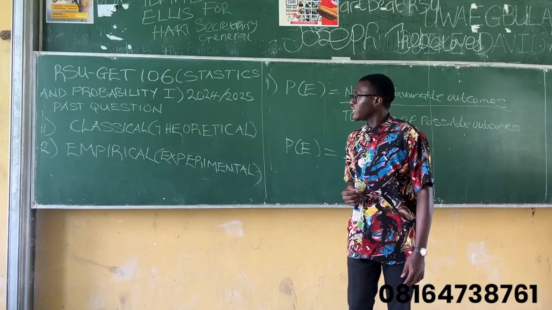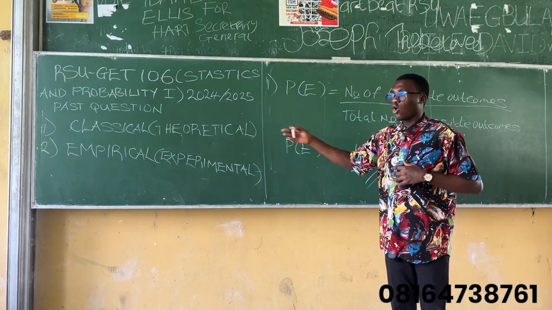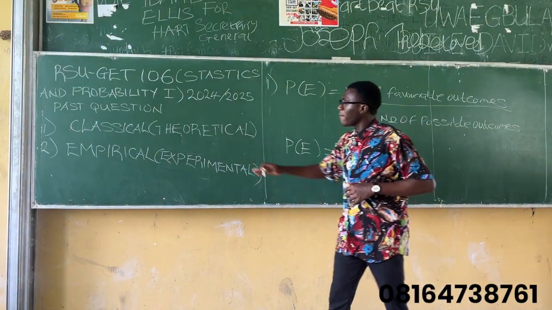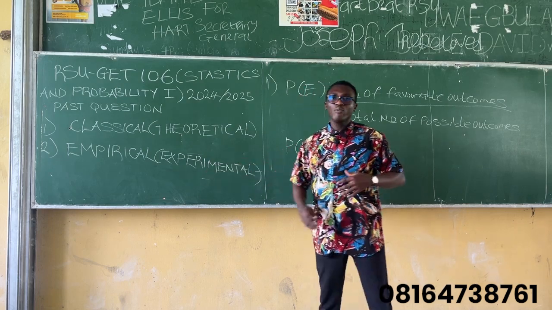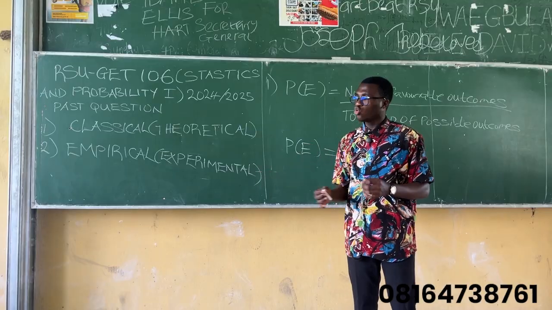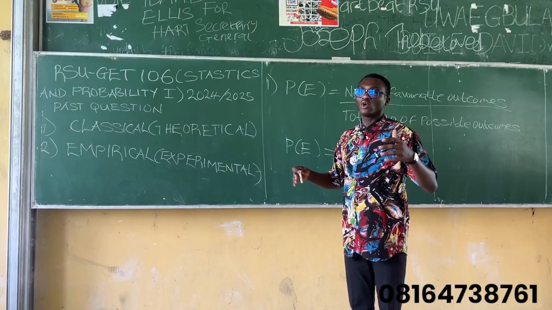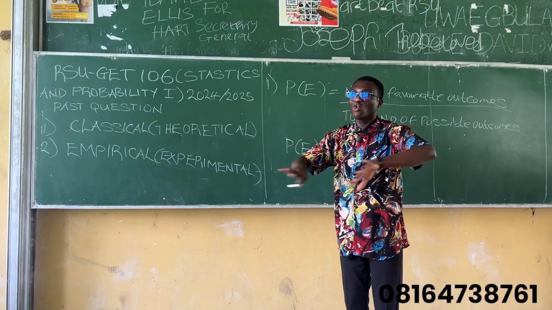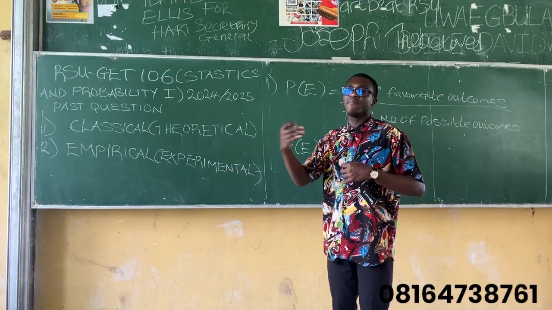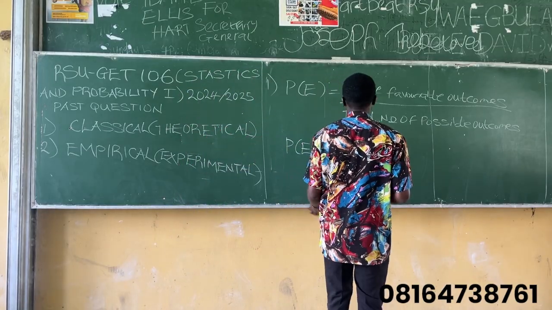Now, the next method is the empirical or the experimental method. Whereas the classical method operates under the assumption that each outcome is equally as likely to occur, the empirical or the experimental method operates under actual observation noticed or taken during experimentation. So, in the classical method, we are assuming that every outcome happens in equal chances. Whereas in the experimental method, we take observation based on experiments being conducted. So we have the formula for